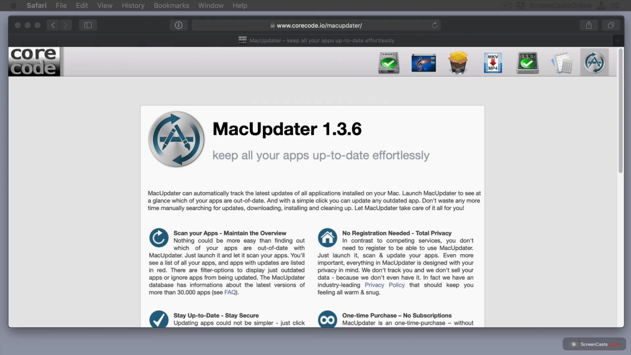Now, the first app I'm going to take a look at is an incredibly useful app, and it was suggested to me by a Screencasts Online member, Steve Wallach. So this is MacUpdater. It's over at